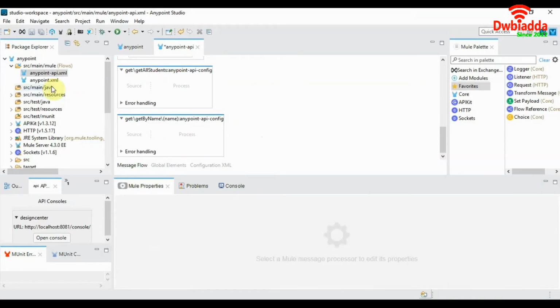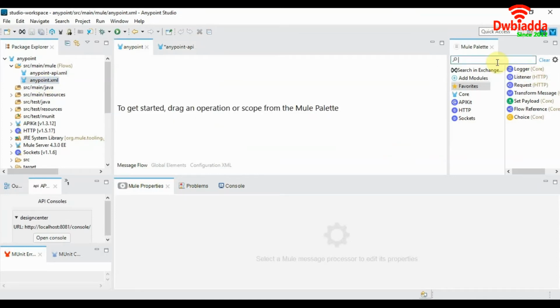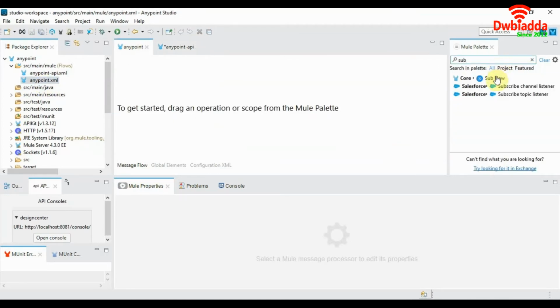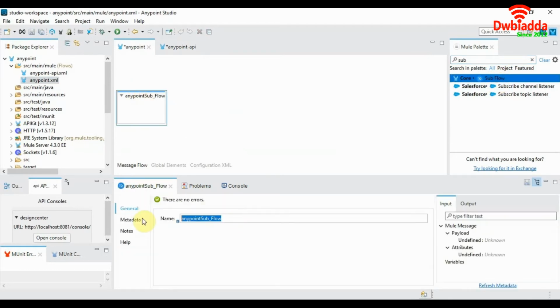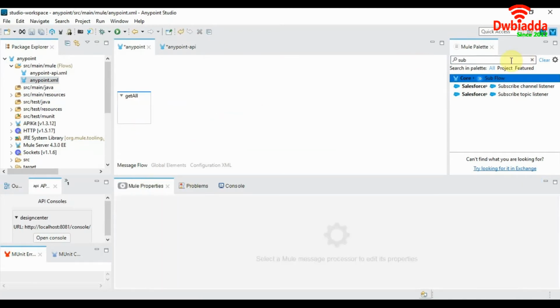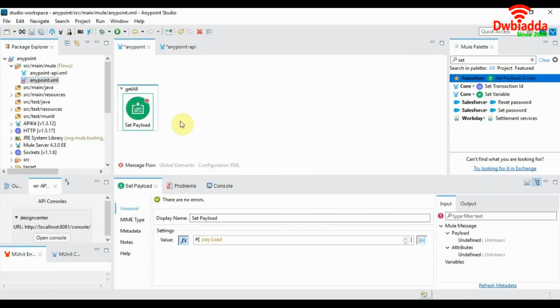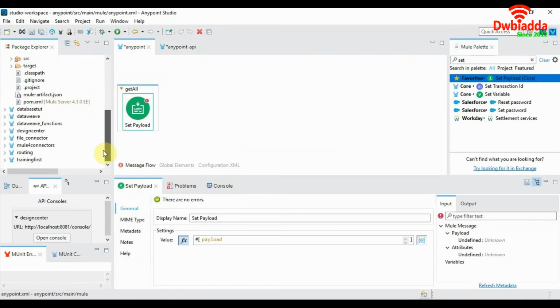So let's design our implementation in another XML file. Create a subflow here and we'll call it get all. In our get all subflow, we'll set a payload. We'll fill our payload with dummy data of students from a JSON file.